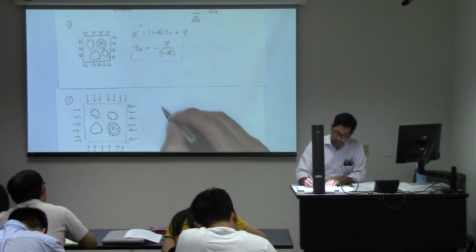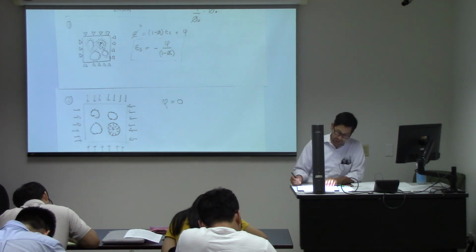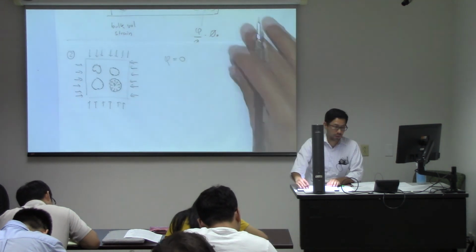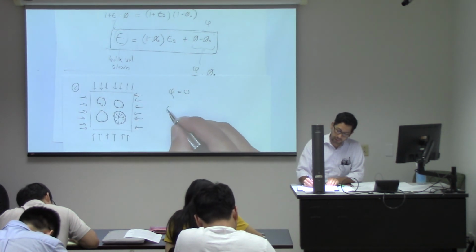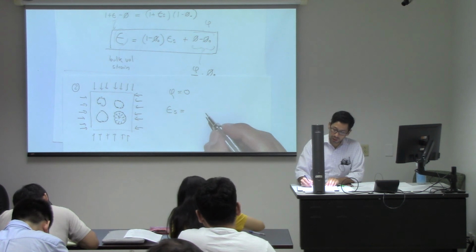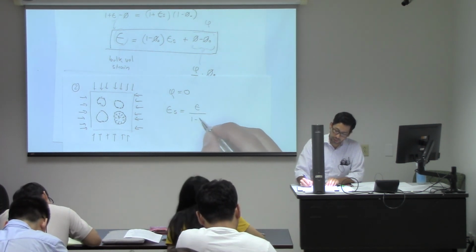So now if the change of porosity is equal to 0, then from this equation over here, I'm going to have that the strain in the solid is just going to be equal to the volumetric strain divided by 1 minus